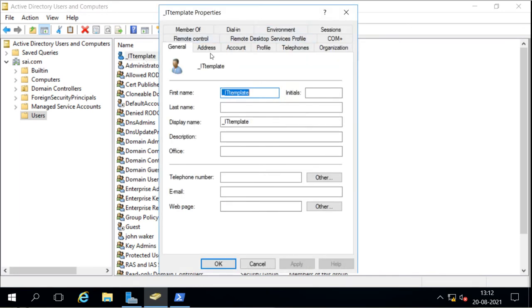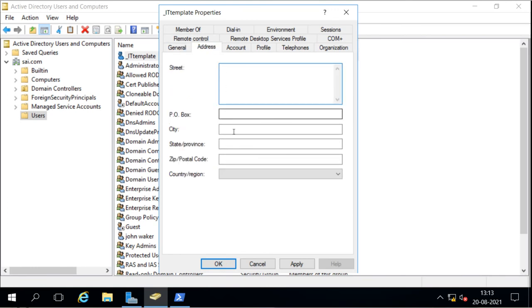Now it is showing all the properties here. So here we can fill up all the information we want. Like for example, I want to fill the office information, and then we can fill the email address, telephone number. We can fill the common information like addresses.